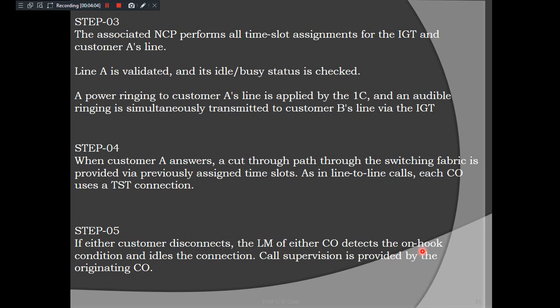This is a very important statement, guys. You should write it as a concluding statement. At the end, you should tell who has provided the call supervisory operation, either A or B. Who has made the call request? That common office is normally providing the call supervisory operation. So this is another important point with respect to the incoming call we discussed here. Four cases of outgoing calls we discussed, and one case of incoming call so far.